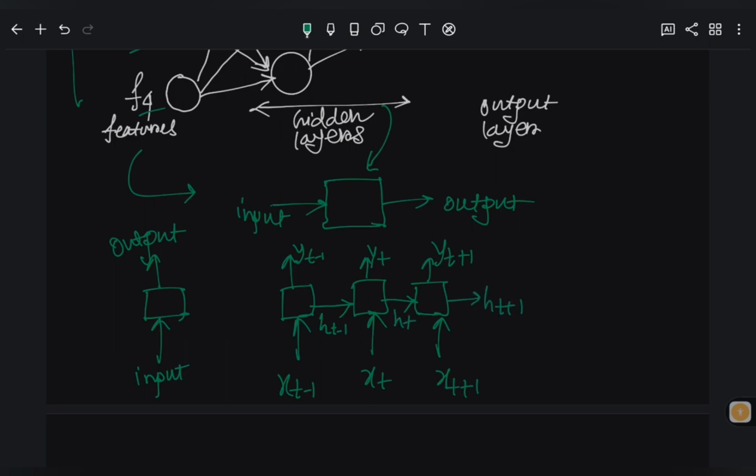So if I look at this closely, my yt, which is this timestamp value, is nothing but a function of xt, which is obvious, but it is also taking an input of ht minus 1, right? So which is the previous timestamp output, right? So now we have introduced a memory to the network, and it can have a correlation or a function of the previous timestamp values also, because ht is also a function of xt minus 1, right? So in that way we can convert a multi-layer perceptron to a recurrent neural network just by